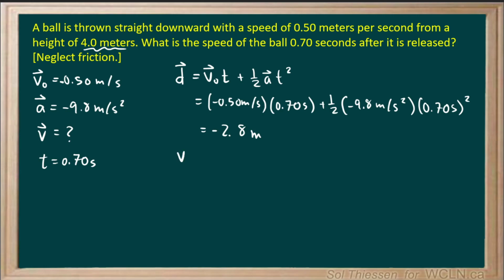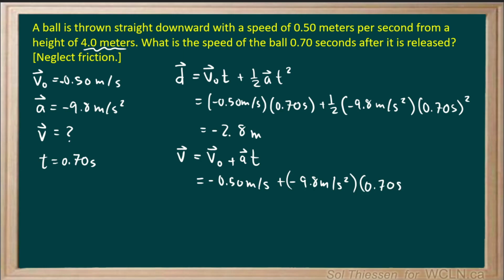So remember that final velocity is going to be equal to initial velocity plus acceleration times time. The initial velocity is negative 0.50 meters per second. The acceleration is negative 9.8 meters per second squared. That'll be multiplied by the time of 0.70 seconds. Now if you evaluate this using your calculator, negative 0.5 plus negative 9.8 times 0.7, you should get an answer